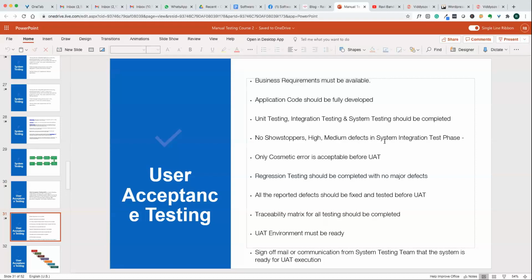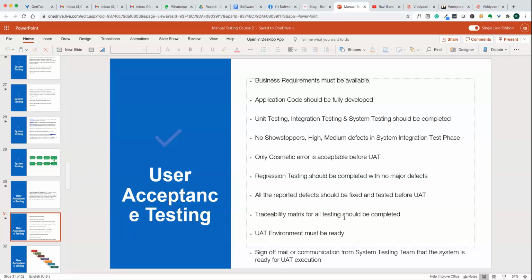All those should be fixed. Only small minor issues should be acceptable before UAT. Regression testing should be done with no major defects, all reported defects should be fixed, and the traceability matrix of the testing should be completed.